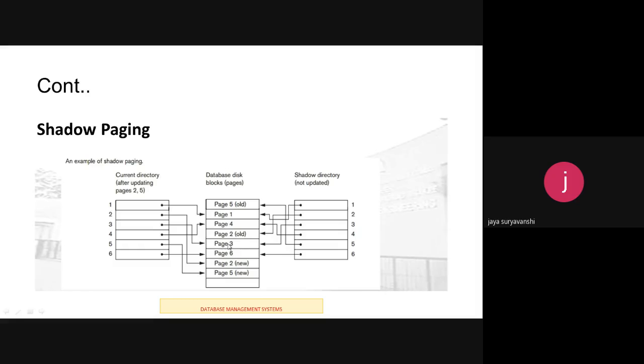In the case of multi-user systems where transactions are performed concurrently, logs and checkpoints are used with the shadow paging technique. One of the disadvantages of this technique is that the database pages which are updated change locations on the disk. Because of this, it is difficult to keep related database pages close together on the disk. It requires complex storage management strategies to manage these pages. So this way, it will work.